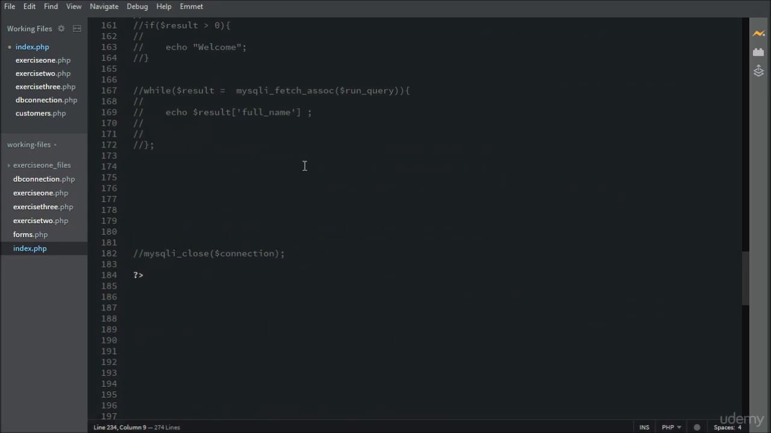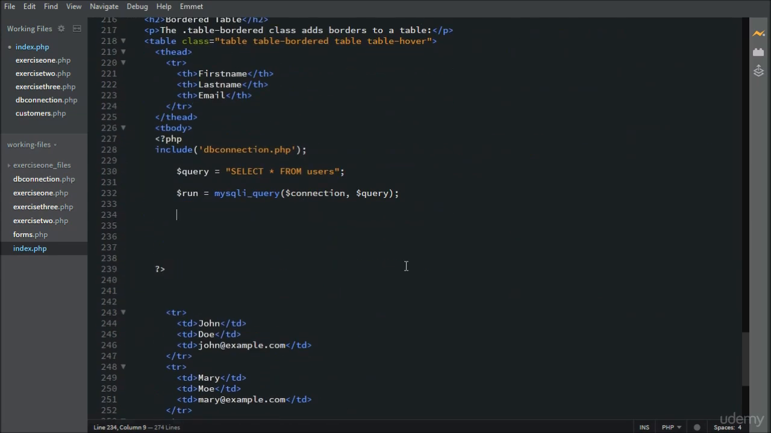We said while the result. So we need to write a while to loop through it. We say while, then we open this and say while the result. So we need to define our variable and call it result. This is what you're going to do. While the result equals, then we're going to call our